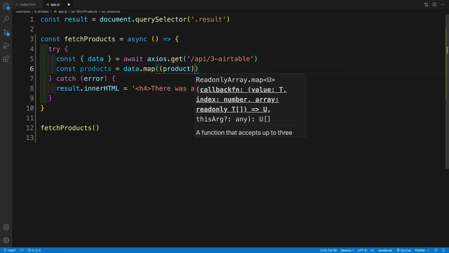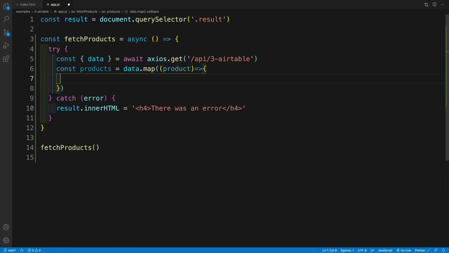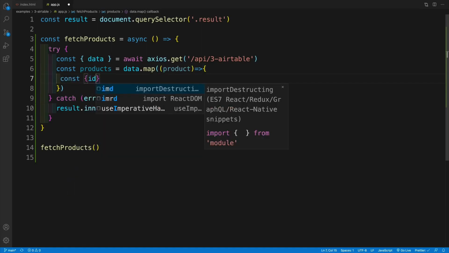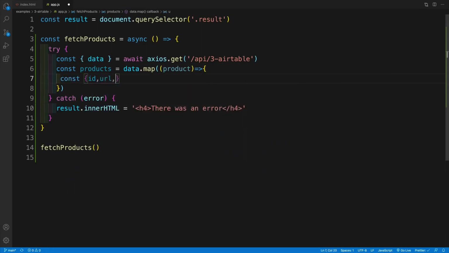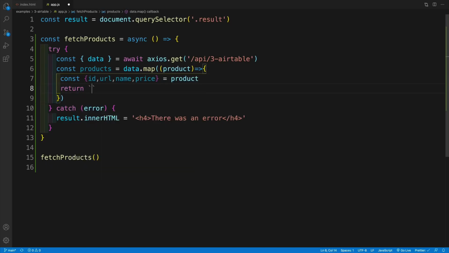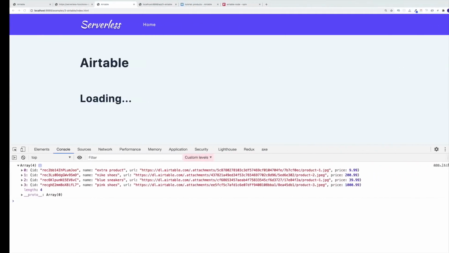Each and every item is an object. I'll reference it as a product. We will destructure it: ID, URL, name, price. All of that is coming from my product. And as far as the return, we'll go with the return. I'll set up template strings. And this is going to be the difference, where I would want to return a link because, again,